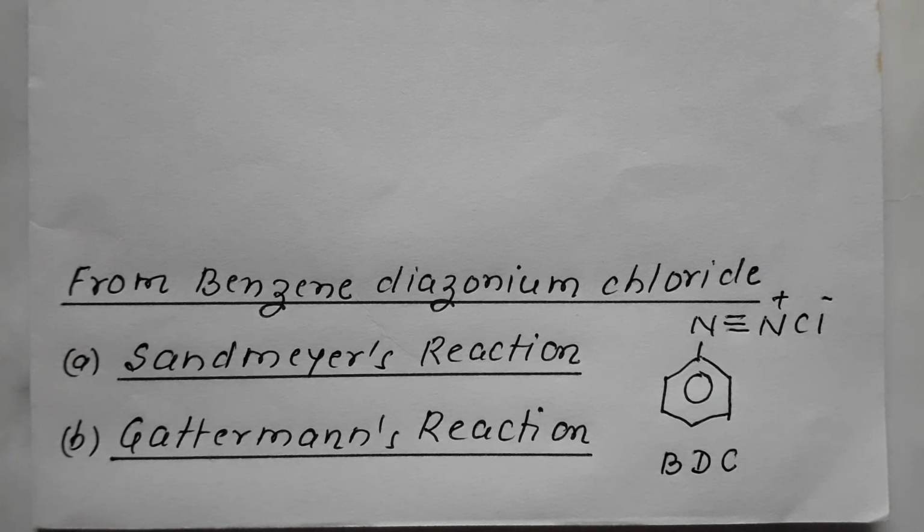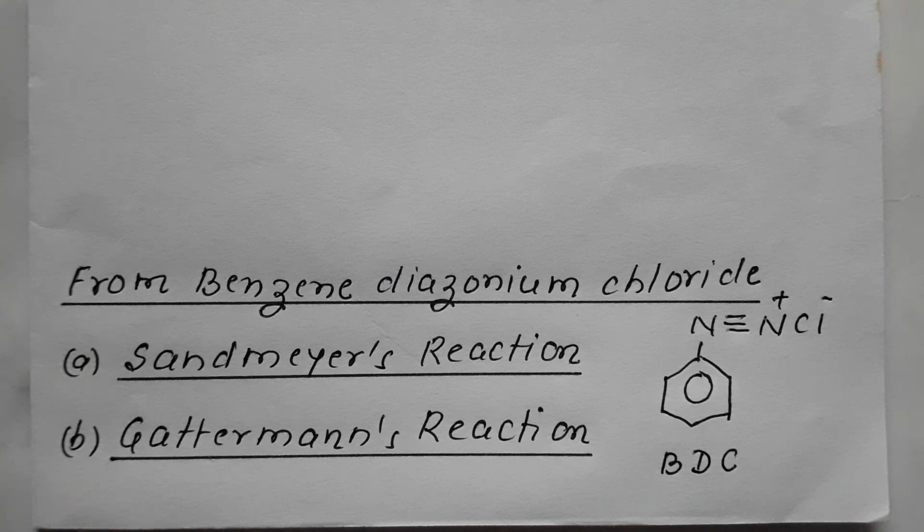We are dealing with the preparation of haloarene. What are haloarenes? We said that haloarenes are those compounds which contain an aromatic ring and a halo group directly attached to the ring. Fluorobenzene, chlorobenzene, bromobenzene are examples of these haloarenes, also termed as aryl halides.